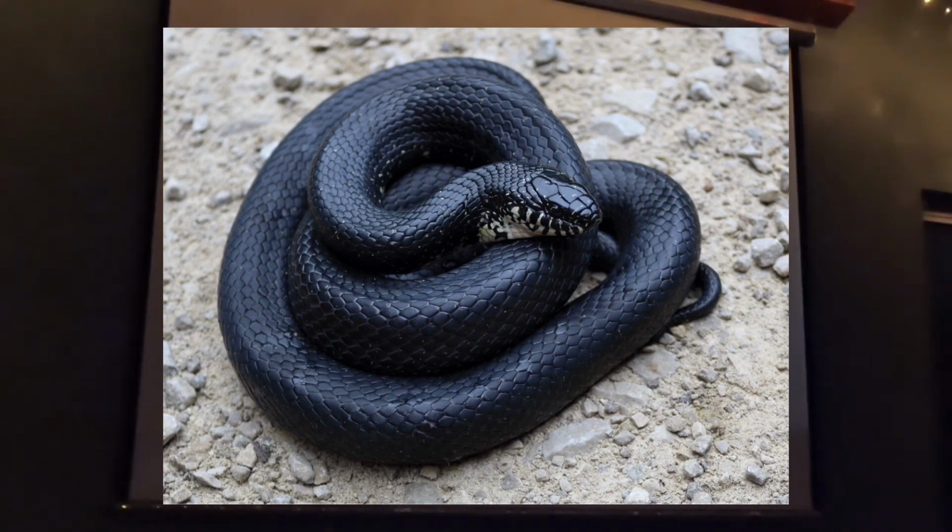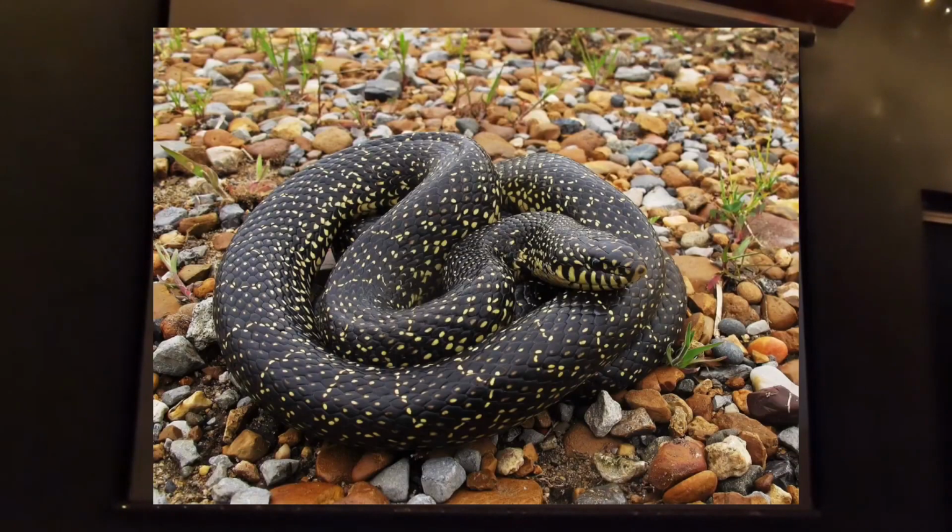and accepted as the new record, and we were able to release the snake. So we were real happy about that. But okay, next slide. Also, in the far western part of the state, along the Mississippi River, again,